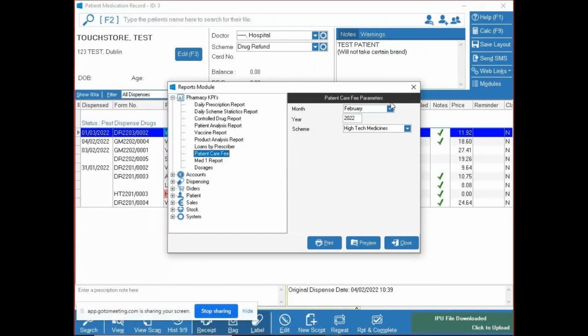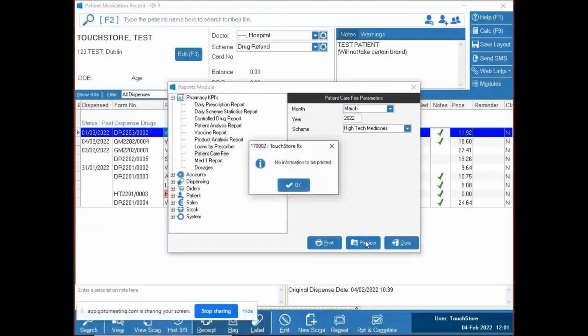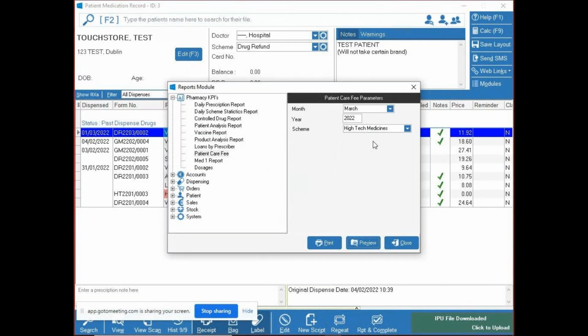All you do there is you pick what month. Now I'll see, do I have any? I don't. Let me try March. I don't, okay. So what this report shows you is it splits it up into 3 sections for your patient